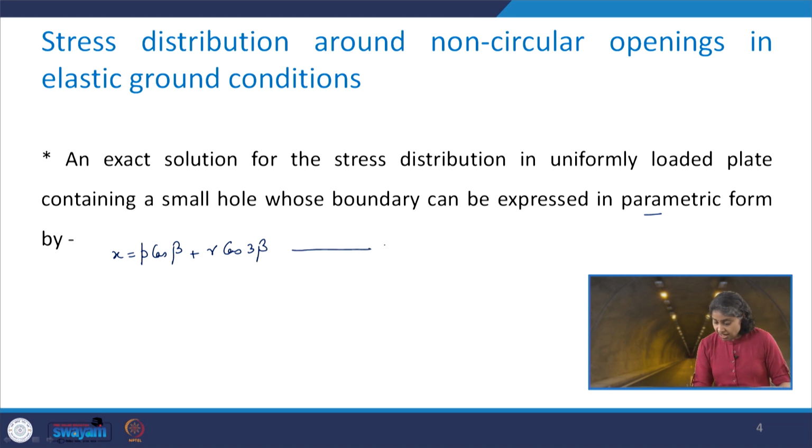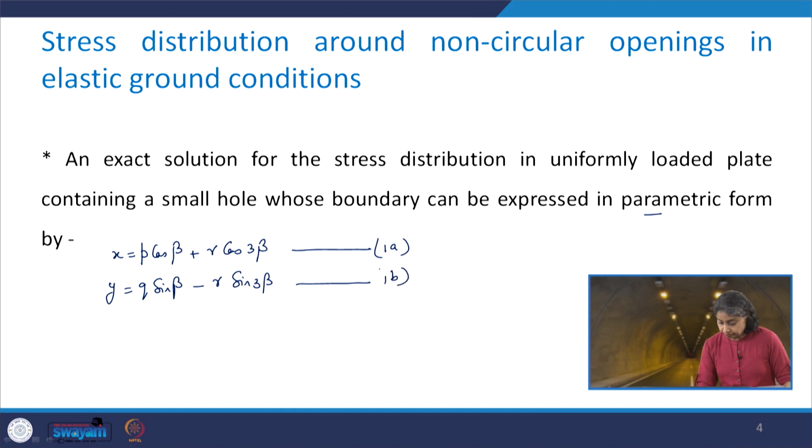Make this equation 1a, and y equal to q sin beta minus r sin 3 beta, where these p, q and r are the parameters, and for a particular shape these are constants,